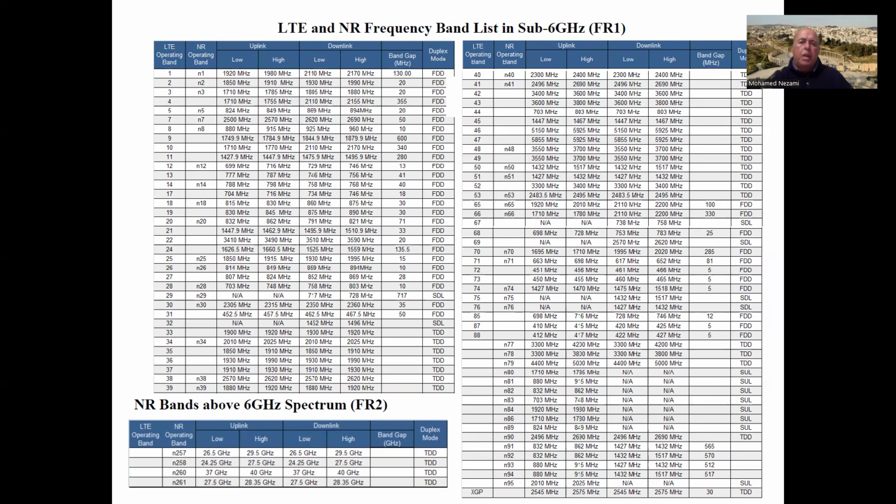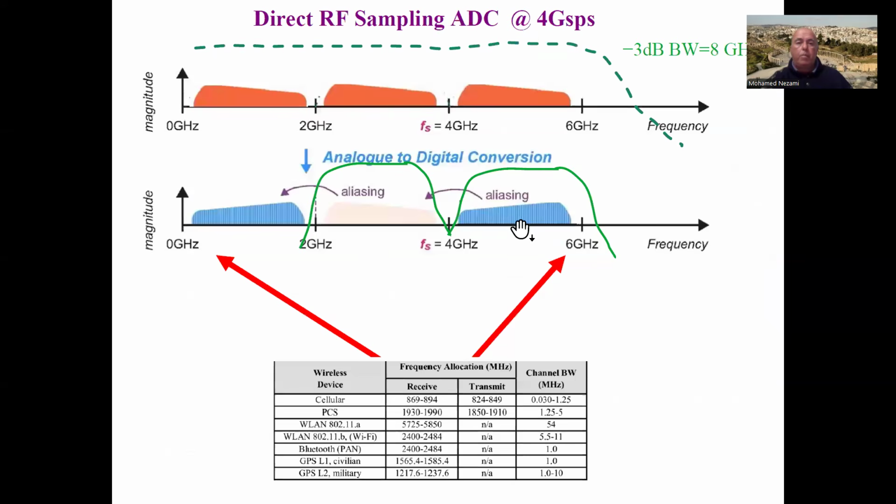Okay, now the SATCOM, very much, I didn't cover that slide. I should have had a slide for the Ka and Ku band. I will try to put it in the next section, but it's very much like the millimeter one. So even for the Ku band, we need to utilize the 12 gigasamples per second devices. Okay. All right. So this is just a pictorial